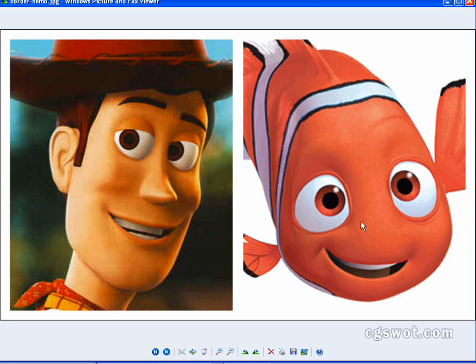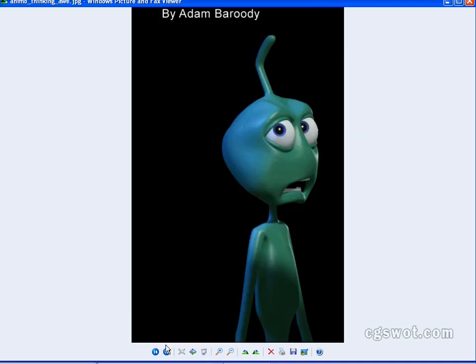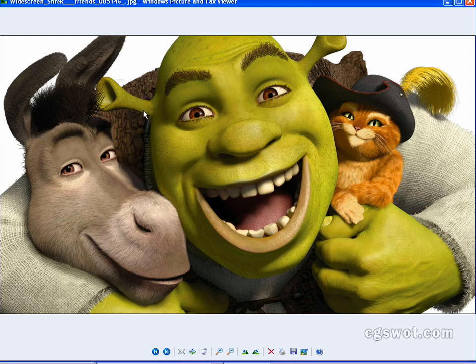And of course, Nemo used the exact same process to do his eyes. So we've got some good reference. Always prepare your modeling sessions, your 3D sessions, with good reference. You've got to know where you're heading and be able to check are you on the right track as you go along. So we've got some good reference to refer to, some Shrek characters there, and they've used the same